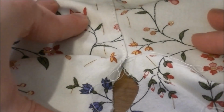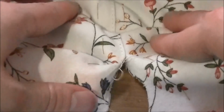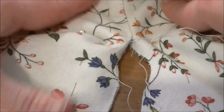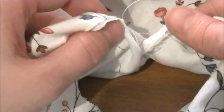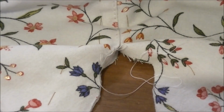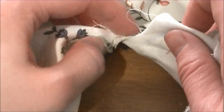Okay, so I'm running into a bit of a problem because this is the finished seam. On this side it's already attached, but this is where this should split up into the two swallowtails, and this would be okay on this side. See, here this is already folded in, and on this side it's also folded in, so I could just cut the leftover fabric here, fold those in, and stitch the seams. On this side, however, the seam is just lying open, so I will have to cut this bit and then fold this in,